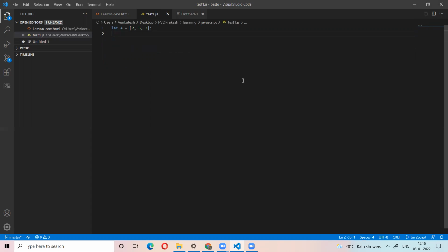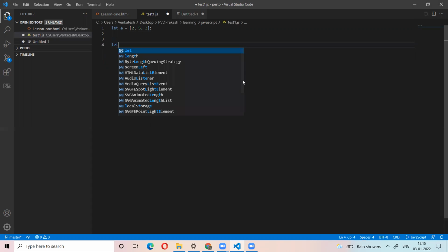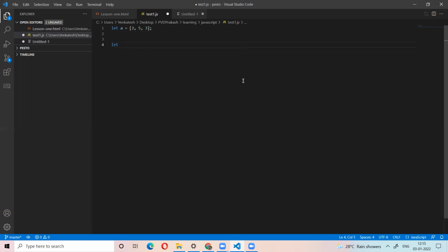What will it do? It will take every element in the array and then for every element we are creating one variable. It will destruct the array and create some variables.